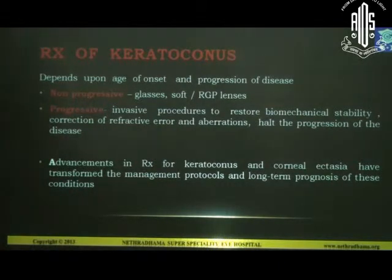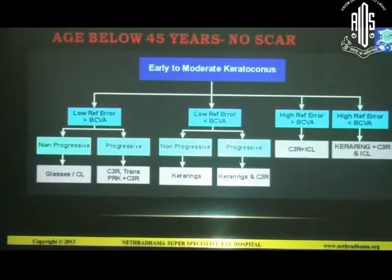Progressive keratoconus requires invasive procedures to restore biomechanical stability. We'll have to correct the refractive error and the optical aberrations and halt the progression of the disease. There is a major transformation in how we look at managing keratoconus and the protocols, and it is a changing scenario like Krishna mentioned. And let us look at, this is my plan for treating keratoconus, young patients below 45